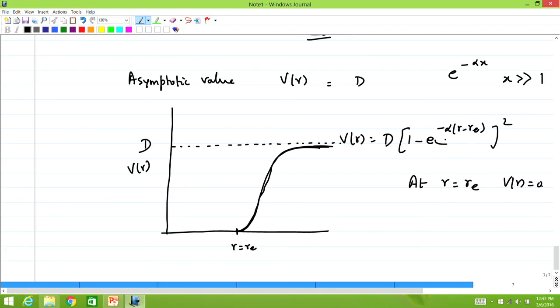And when R is less than Re, please remember this is negative, and therefore, the exponential has a positive exponent, therefore, the exponential increases, and this is a square. So, 1 minus this is negative, but the square of this is still increasing. Therefore, you see this increases very, very quickly, very, very steeply. This is the shape of the Morse potential,